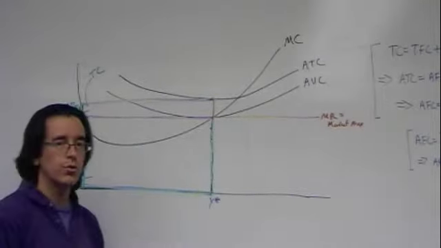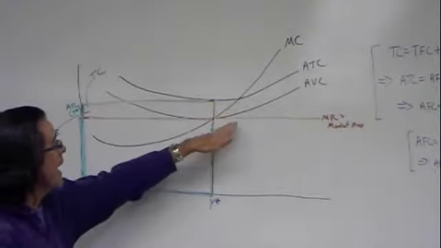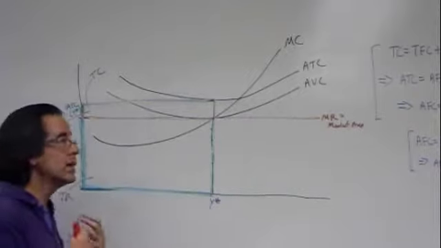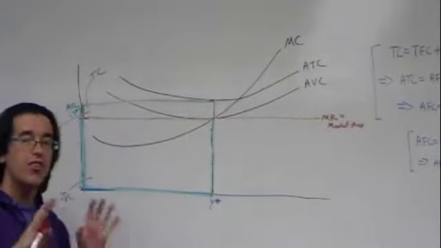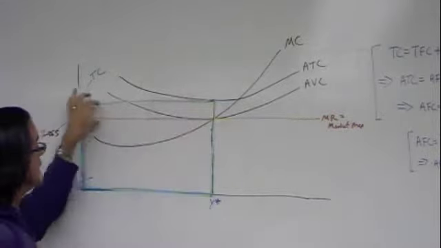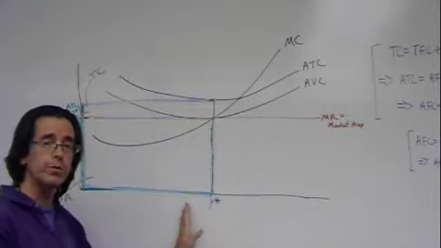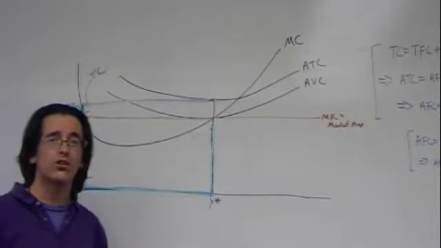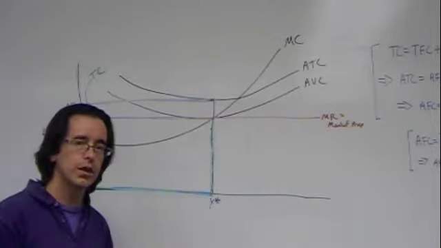So all we've done so far is show the loss generated at this price, given these cost curves. Now remember, because this is our profit maximization exercise, we're basically saying the best you can do is lose this much money. If we produce more or produce less, the loss is going to get greater, so we're worse off. Okay, so we've shown the loss.